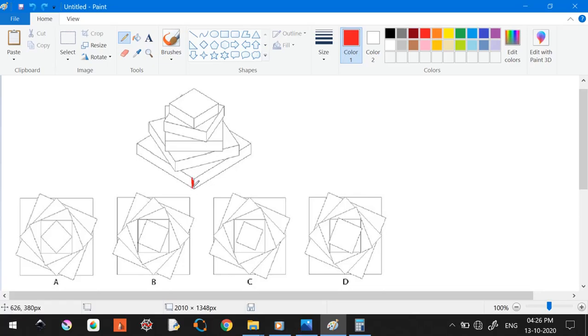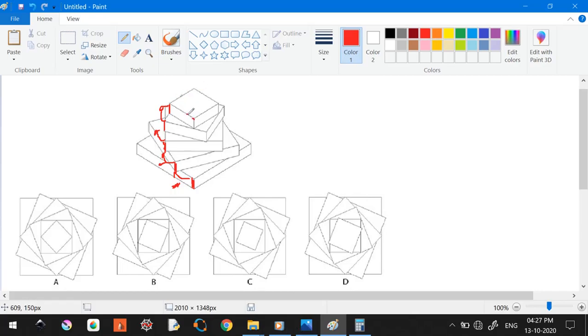So let me take this edge and this one, the movement of this particular corner edge, whatever it is. So if you see, in every step this has moved this much, and here this has moved only this much, which is lesser than this, right? So the movement of this is higher than this one. Same way, the movement of this is higher than this one. So this movement is slightly lesser than this one. So obviously this movement should be slightly lesser than this one, something like this, right?